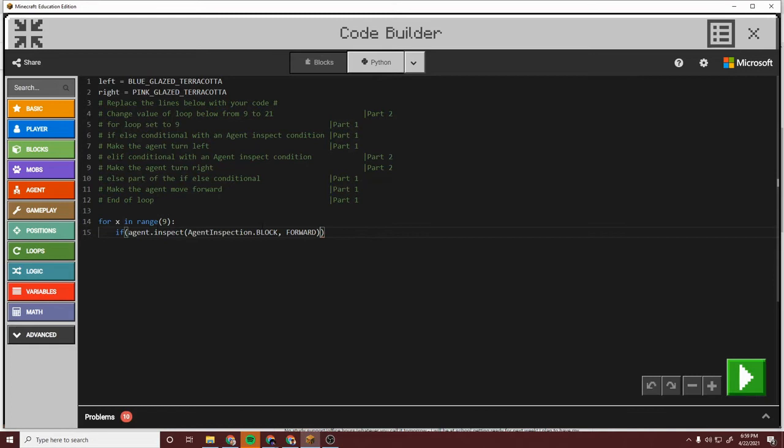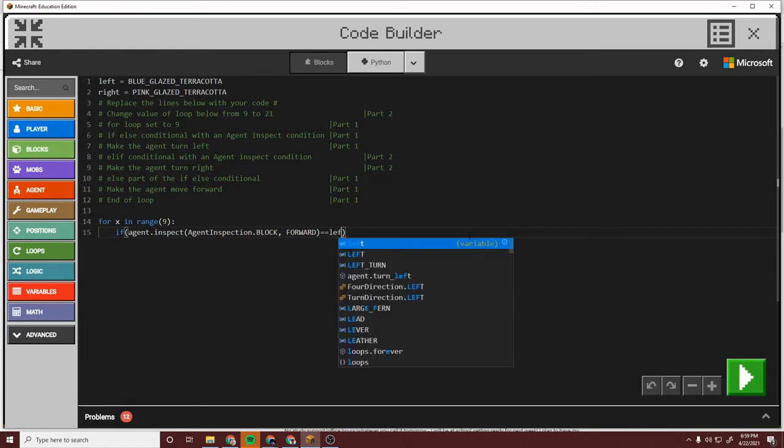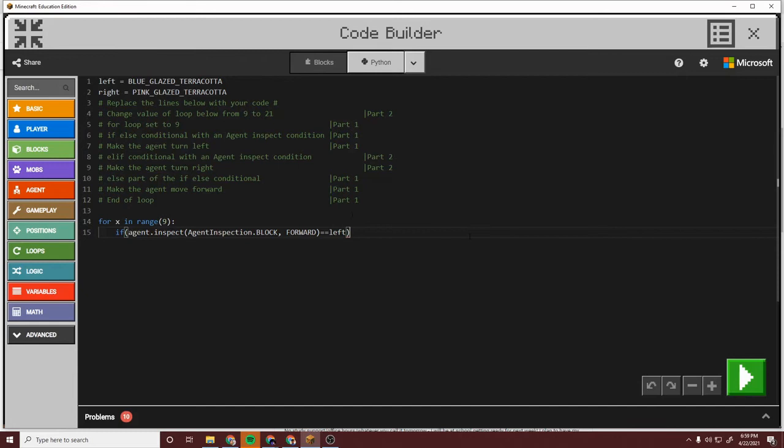If agent inspection block forward, so looking forward, and in this case I want to ask what it's equal to. So remember, use 2 equals for comparison. And in this case I want to say if it looks forward and it sees the left block. And remember, left is a variable that's referring back to this one, blue glazed terracotta. So it's saying if I look forward and I see a terracotta block, then